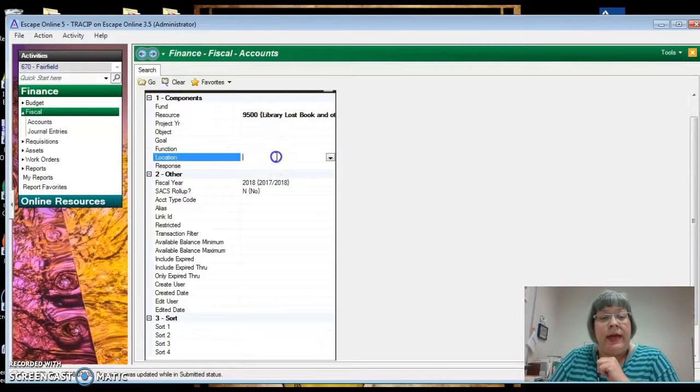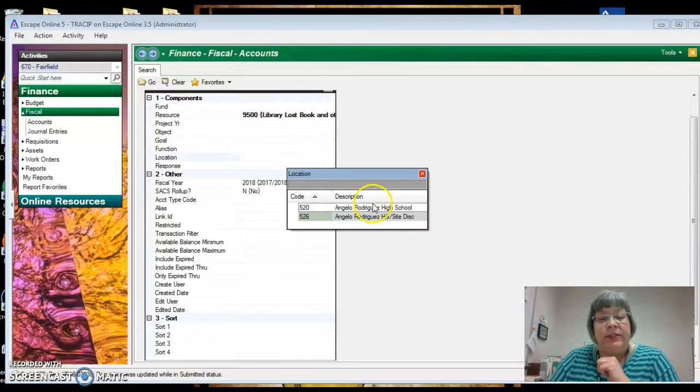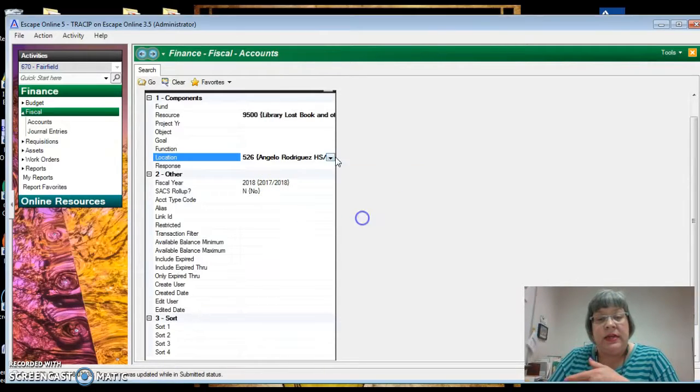And then on location, I have two codes here, and the one that actually brings my account up is the second one that ends in 6. So I'm not sure if the other sites do that. And then the third thing, of course, is the fiscal year, which should already be filled in. Then you click the go button,